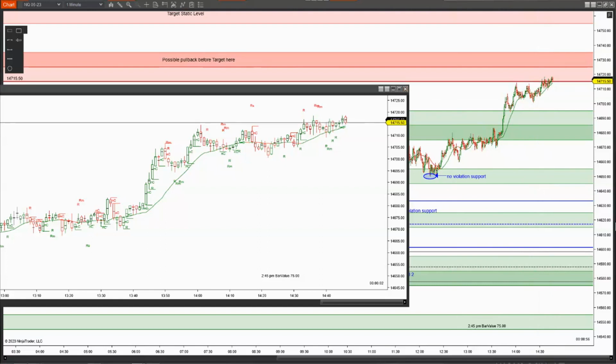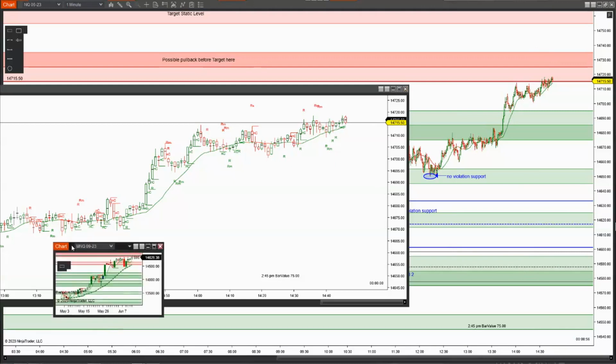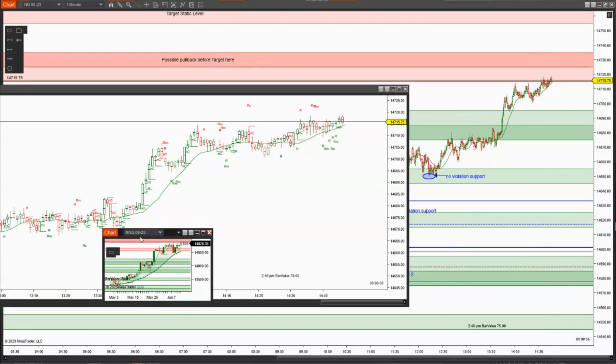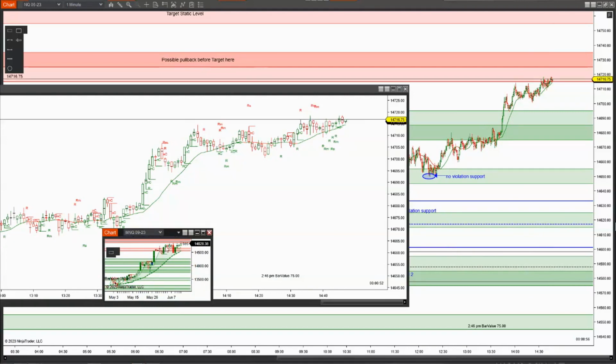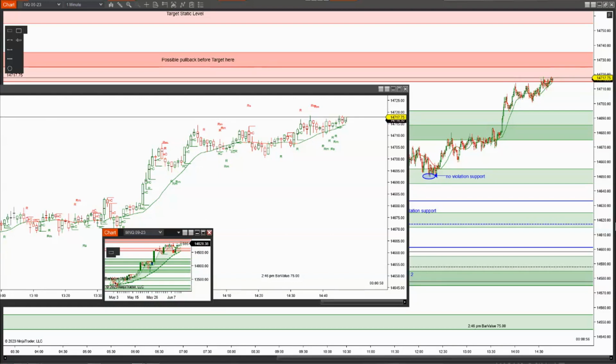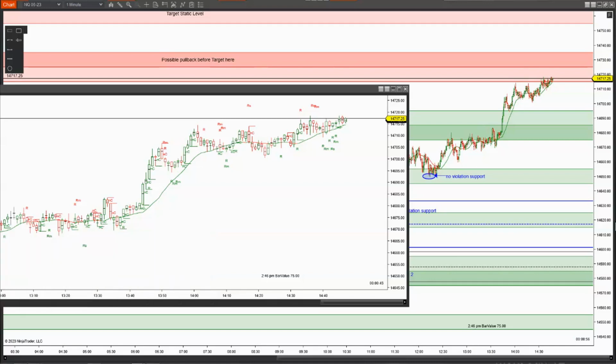I'll just grab this daily chart real quick. This is the new contract rollover, but you get the gist. That was the zone on the old alert I had. The zone was placed up here before the contract rollover. They had violated the zone, but they had closed outside of it. So they were going to go higher to the next zone. And so that's what you're looking at here.